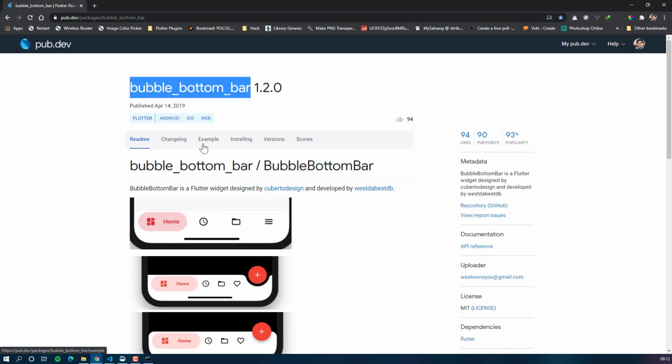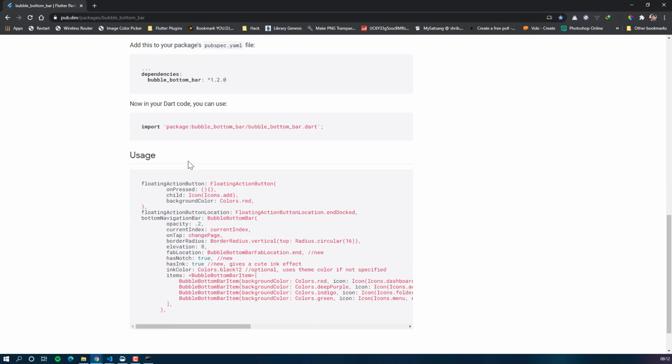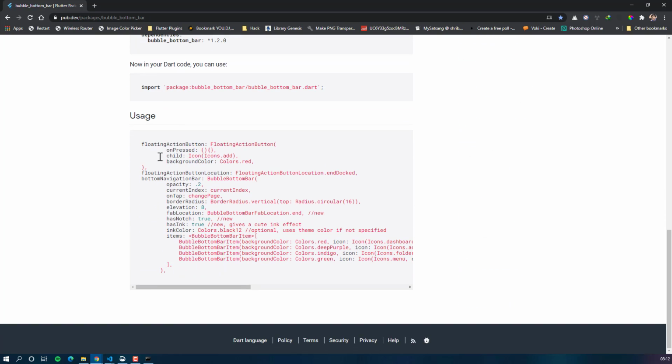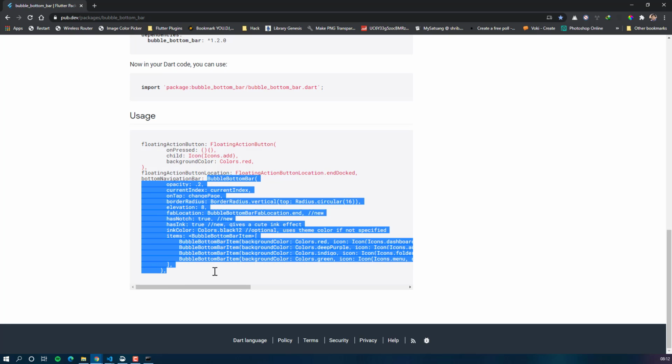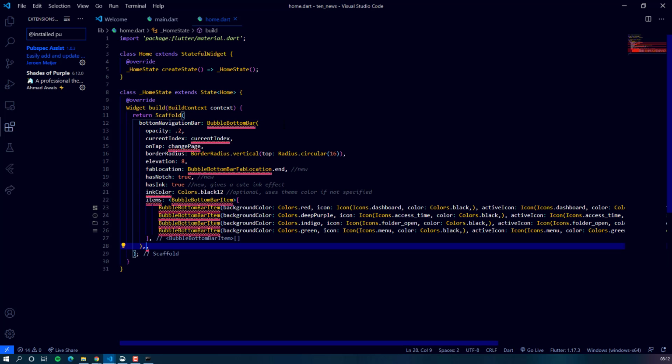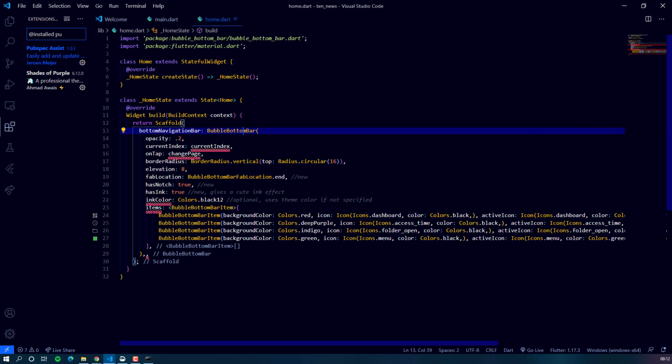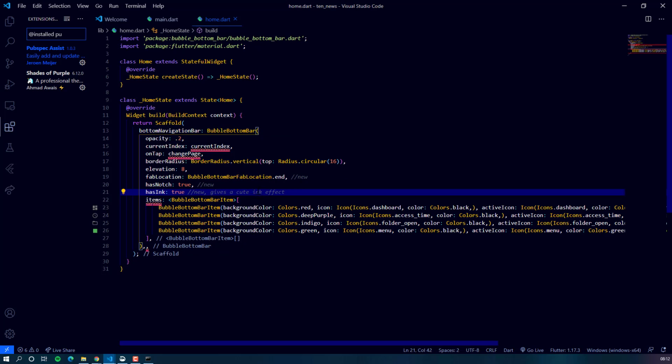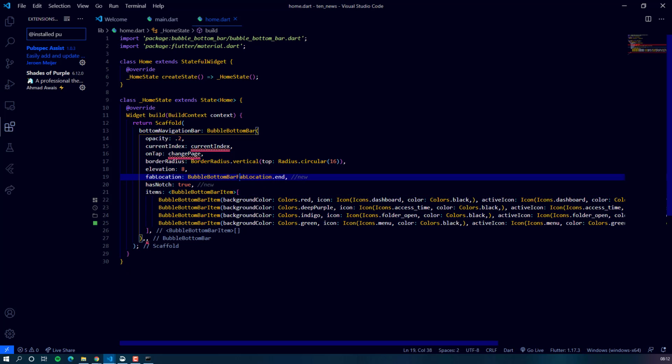Now let's copy the example that they give here. Now let's define this current index.